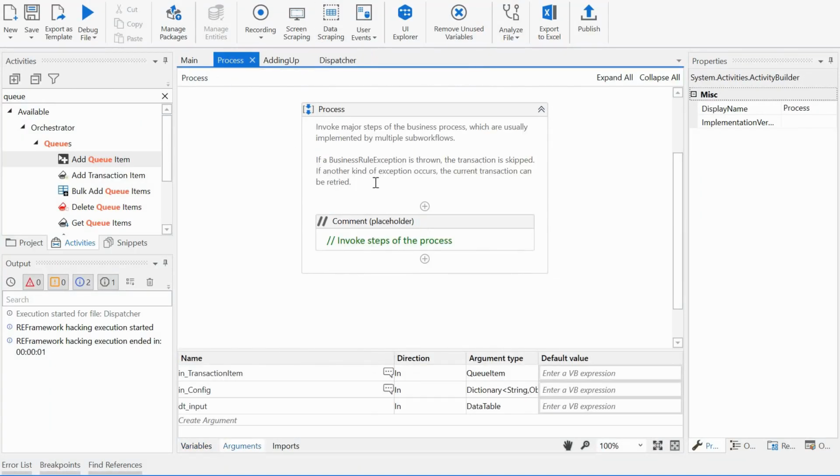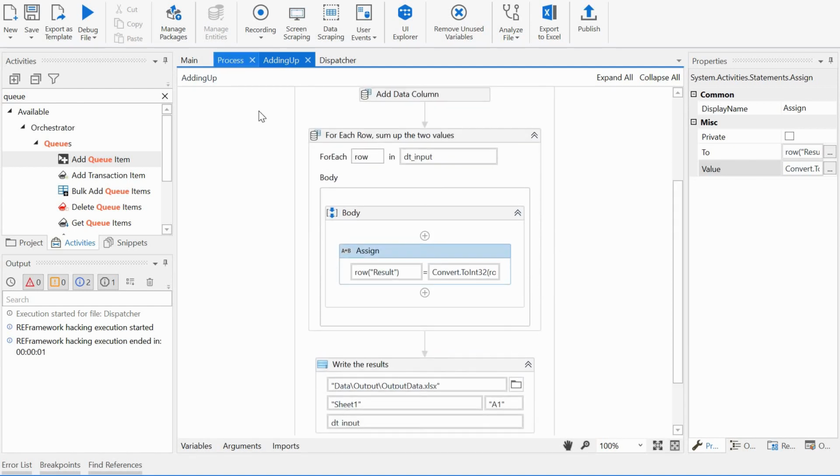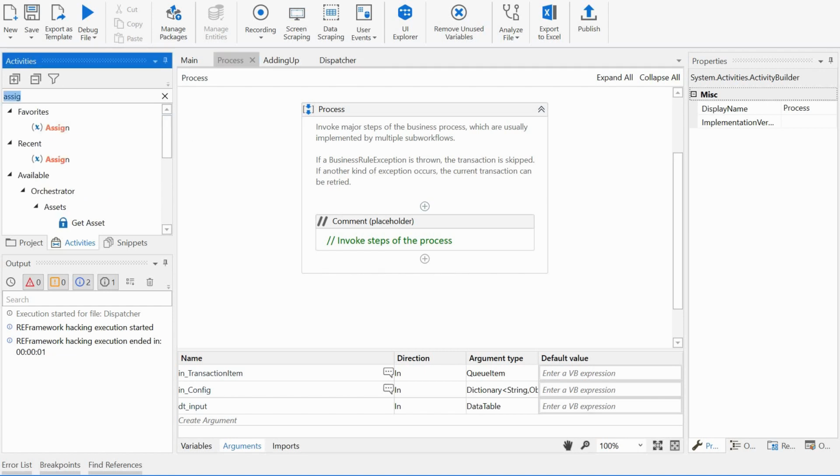Now we can go back to our main workflow here, and we will be getting here already the items from the queue. So what we need to do is we will have the items in the in transaction item, and we just need to do the summing up. We don't need to take the for each row structure from our initial workflow, because we already have the one row fetched from the queue, basically. So we could build a data table